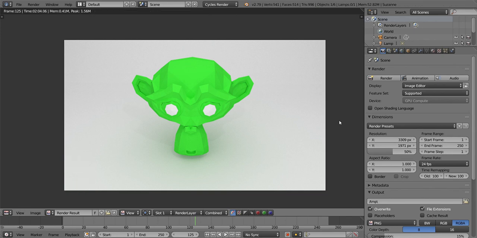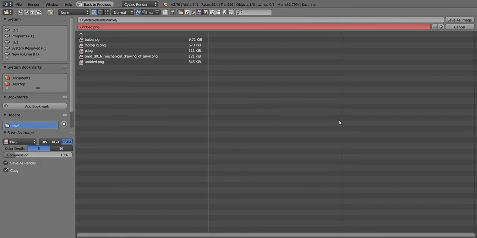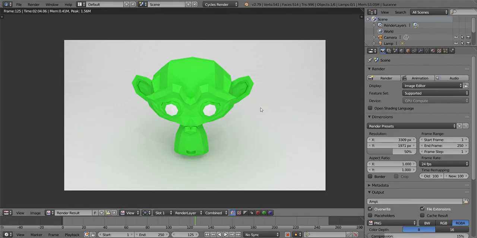Once you see this has been done, you press F3 and you can save it as an image file wherever you want. For example, save it as monkey. Save the image, which has been saved.